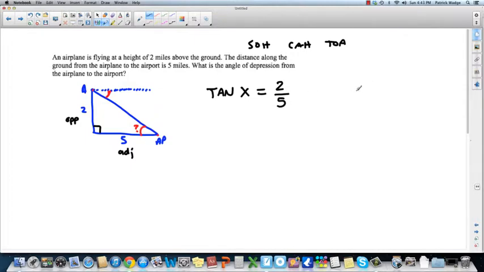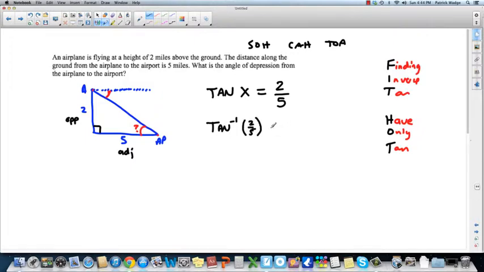5. Now remember, I should have said this in the last question. Remember that your teacher is fit and hot. So if you are finding the angle, use inverse tan, and if you have the angle, you only use tan. Alright, so in this case we're finding the angle. We're trying to figure out what is the angle. So we're going to have to use inverse tan. Tan inverse, or tan to the negative 1, you don't really say that, but inverse tan of 2/5 will